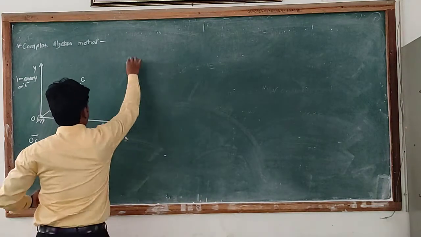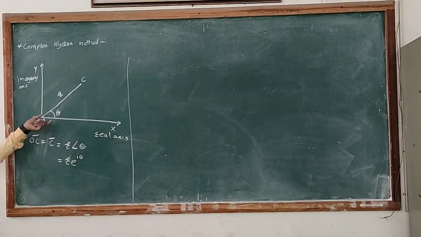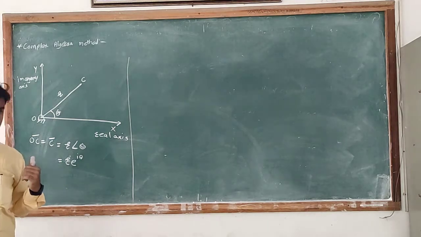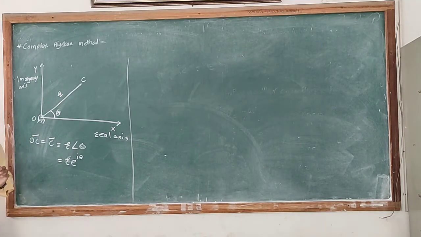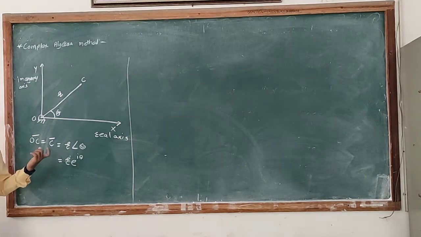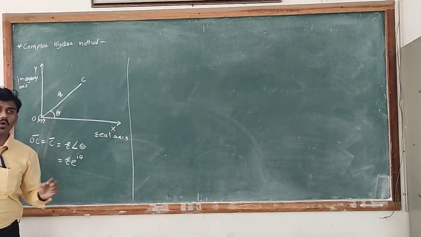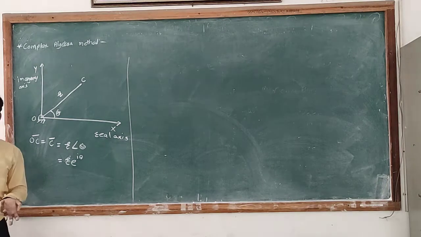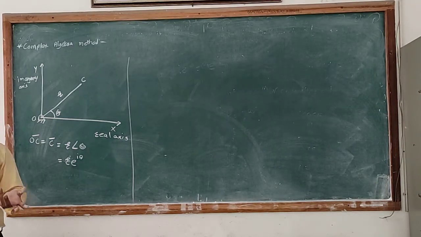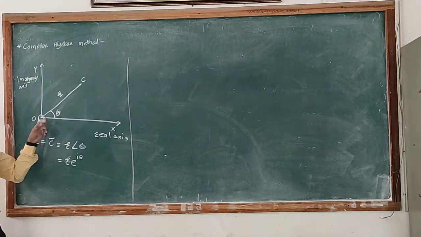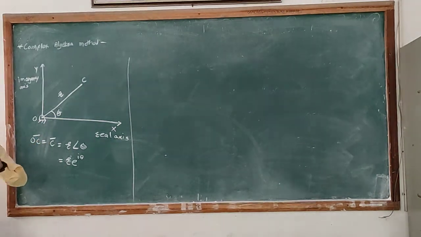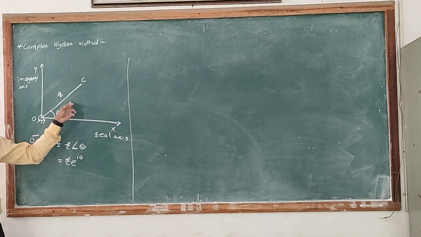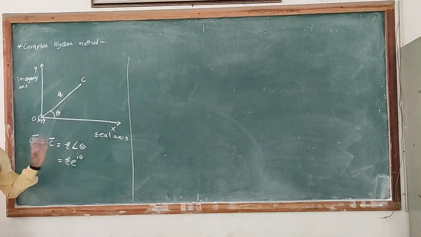Now, this is the position of the link OC. Now, I want to find out the velocity of this link OC. To find the velocity of the link OC, we have to take the derivative of the position vector with respect to time. The velocity is the rate of change of displacement with respect to time. Similarly, here we can find the velocity of this link OC by using this position vector.